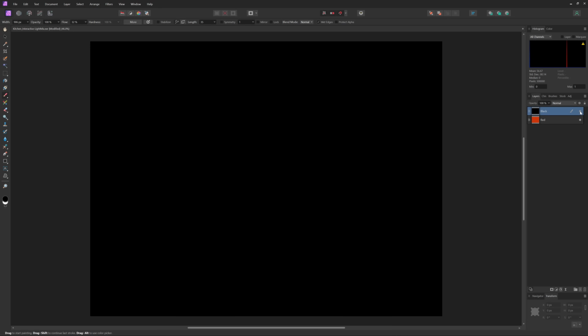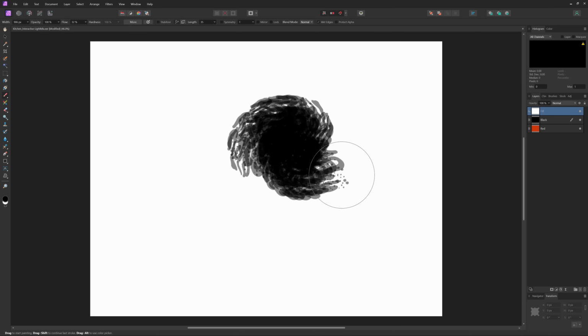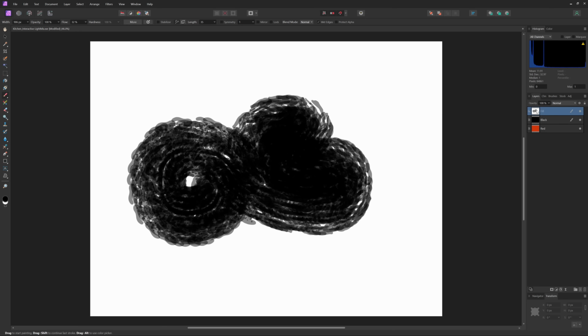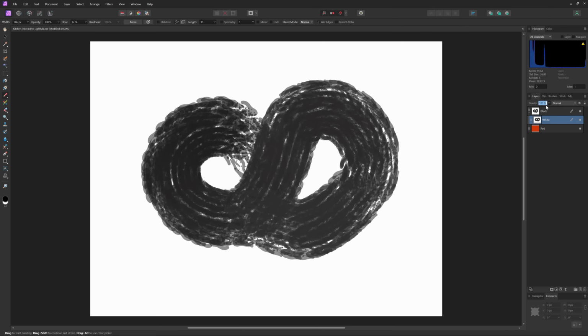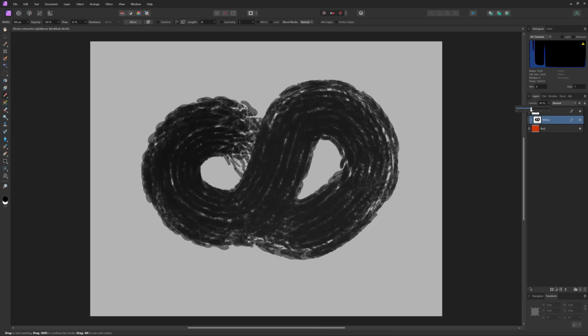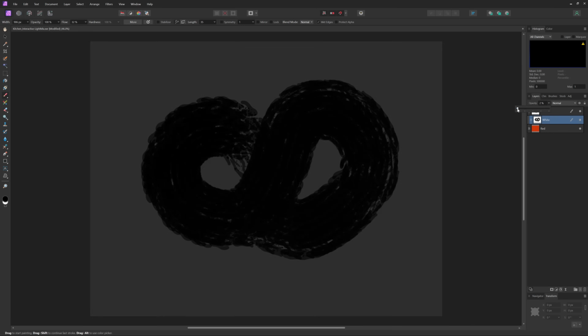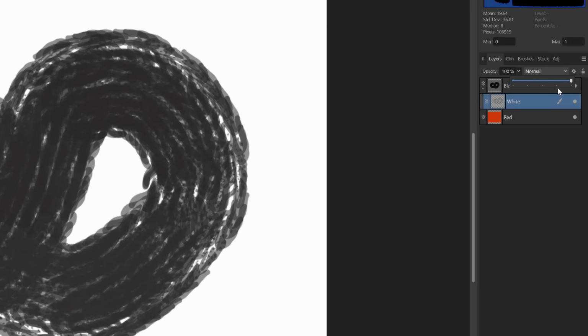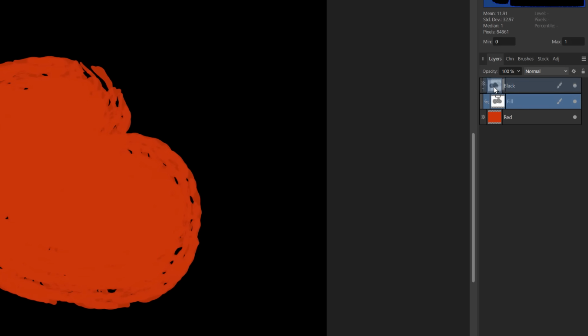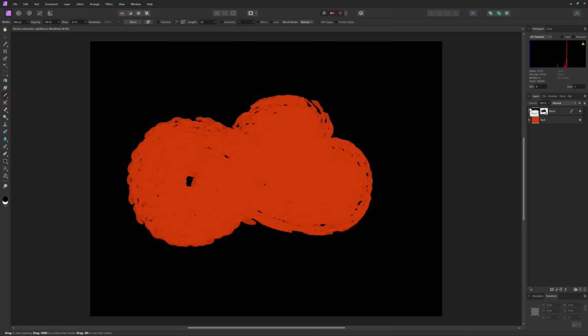What is totally different in Affinity Photo? The masking. And I have to say, I really like it, but let me show you why. I have black and red layers here. I create an extra layer. I paint something with a black brush. If I drag and drop the layer here, it becomes a part of the layer. I would call it a sublayer. If I change the opacity, you can see that it affects only the dedicated layer. But if I drag and drop it here, it becomes a mask. I really like this workflow, but more on that later.